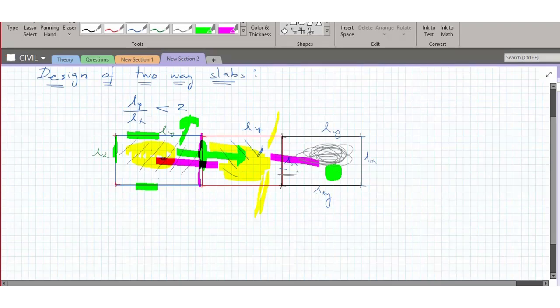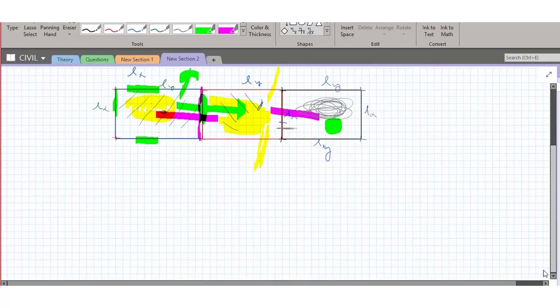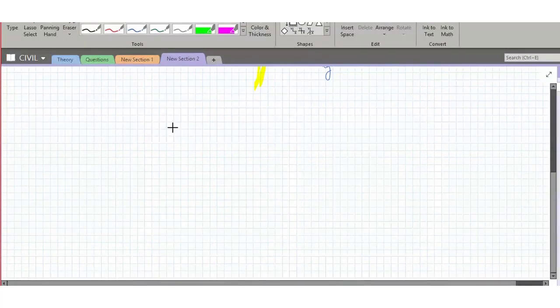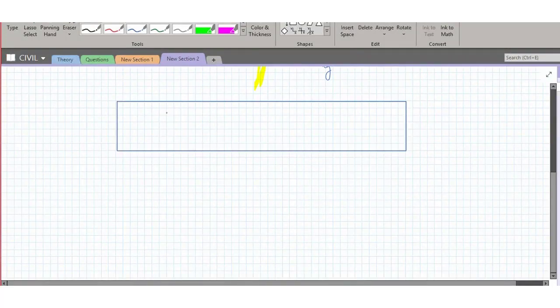Okay, sir. Okay, let me make more diagrams, because I have to actually refer to all those cases. So do not worry, it will become more clear. Let me make a complete diagram to consider all possible cases. Okay, so whatever line I'm going to make, please understand that is going to be your beam. And at corners, wherever it is meeting, here you are going to have the columns. So say this is one of the panels.